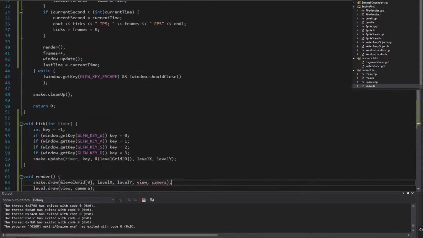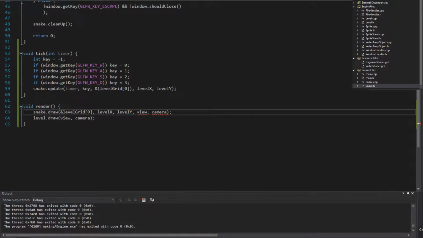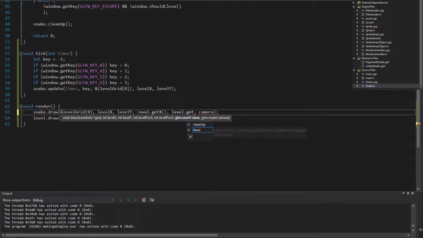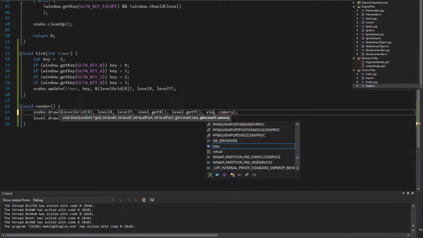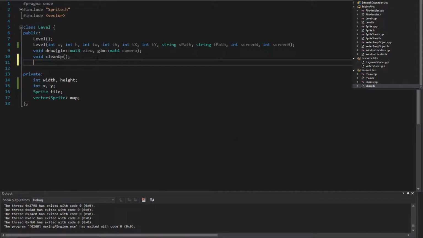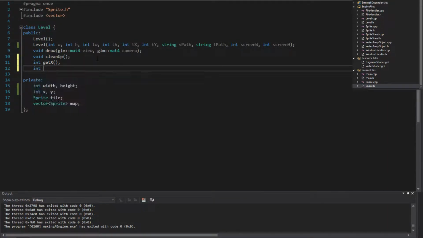Main.cpp, in here we have to add level.getX, getX, level dot get y, view. Over in here in get x, in get y,